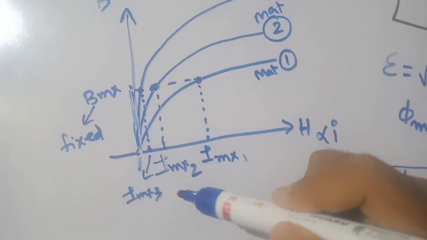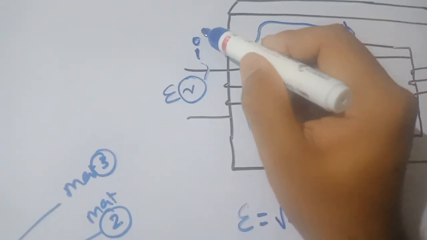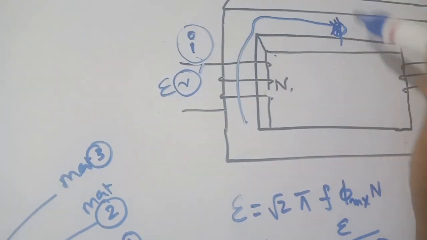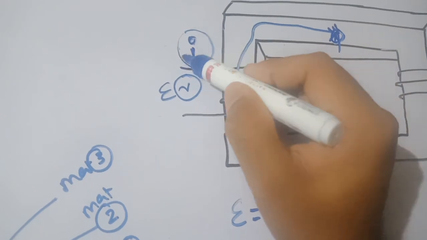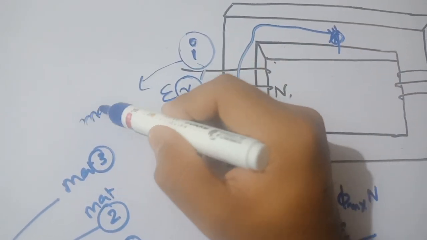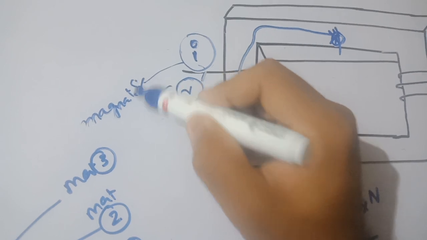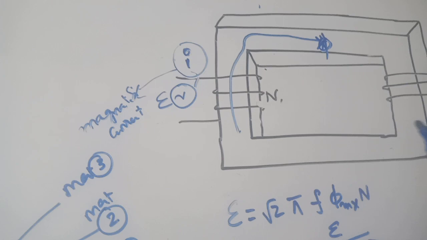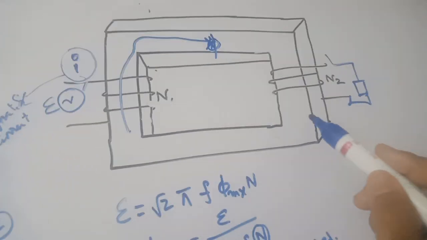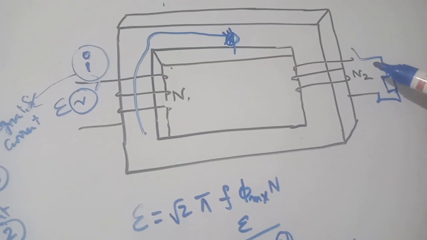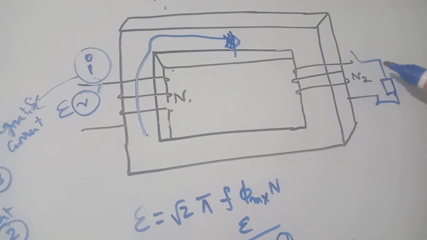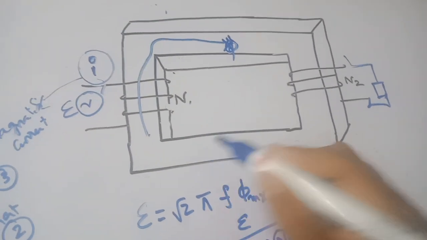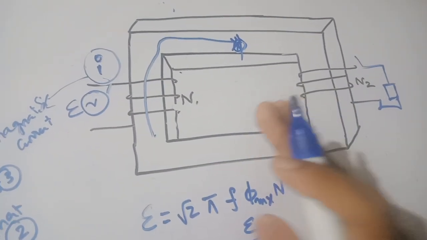See, what is the current I am discussing here? This is the current drawn from the source. People named this current the magnetizing current, because this current is responsible for creating the rated flux in the core material. Once it is fixed, it stays the same from no load to full load. Even if you keep some load and go on increasing the load, phi max, once it is set up, will be the same from no load to full load.